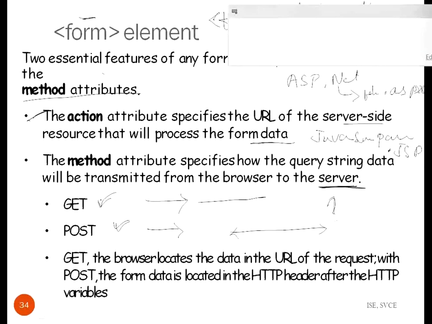There are 2 methods, and using these 2 methods it transfers the data from browser to server. How exactly are these 2 methods different? We'll go in detail about the get method and post method, and the advantages of when to use get and when to use post.